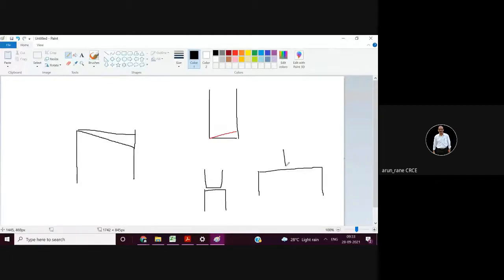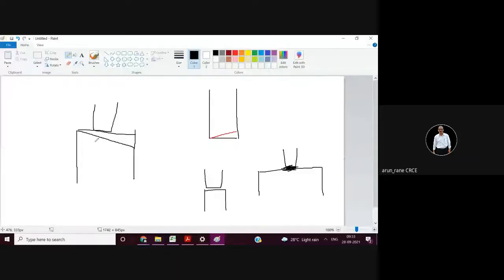So what happens here? This total area is in contact, so the force required on the press is much. Whereas here the total area will not be in contact from the beginning. First this will touch and then progressively the entire area will make contact. So the load on the press is reduced. This is what is called the shear on the punch or shear on the die. This is just to reduce the load on the press.